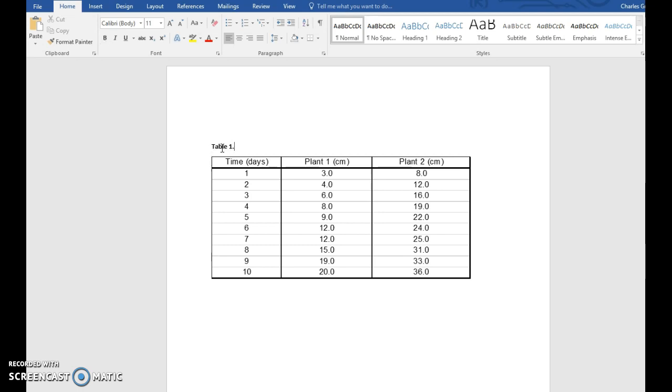Table 1. And now the descriptor: we're looking at our dependent variable, which was plant growth, versus our independent variable, which is the number of days. So basically your descriptor is just describing what this data table is all about in a sentence format. So for example, we could put here, let's say, growth of plant 1 and plant 2, just correcting my spelling, plant 1 and plant 2